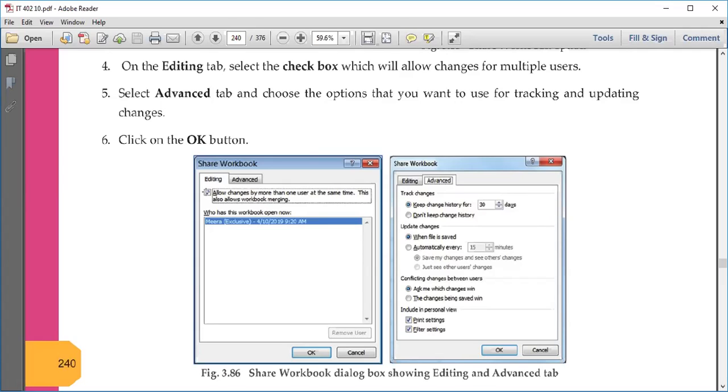And all can make changes into that particular file. And moreover, there's a list given here who has this workbook open now, how many of them has opened this workbook. तो उनके जो system name है वो यहाँ पे display होंगे, and with the time and other things.